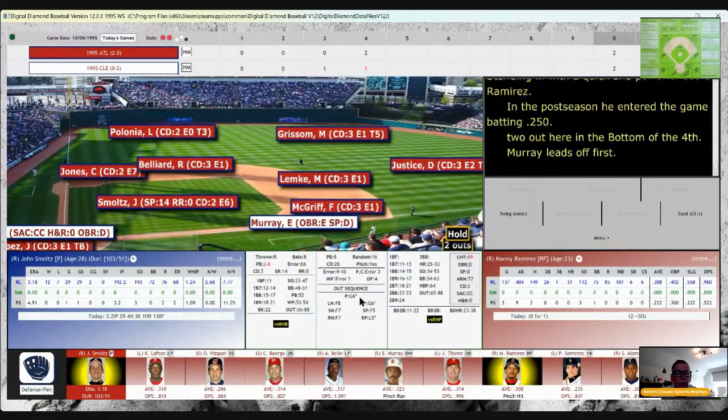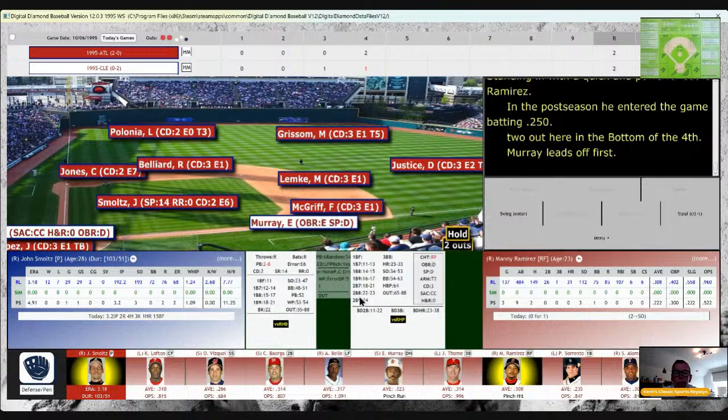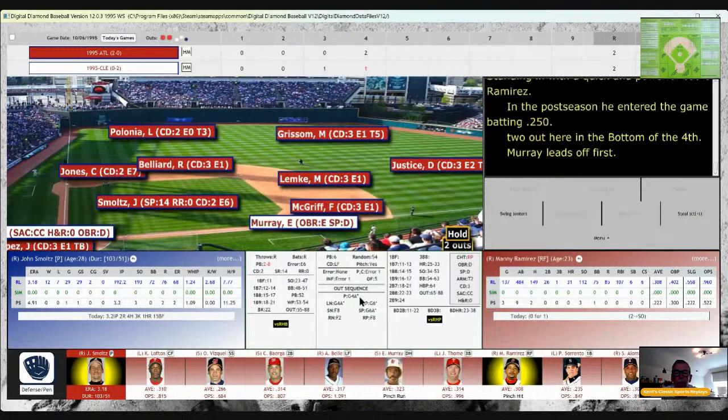3 strikeouts on the day for John Smoltz. That brings up Manny Ramirez. Struck out his last time up. Here's the offering. Will be on Smoltz's card. That 86 is an out. Grounded to third. We'll check on Chipper. And he boots it. It's an error 1 on the third baseman.